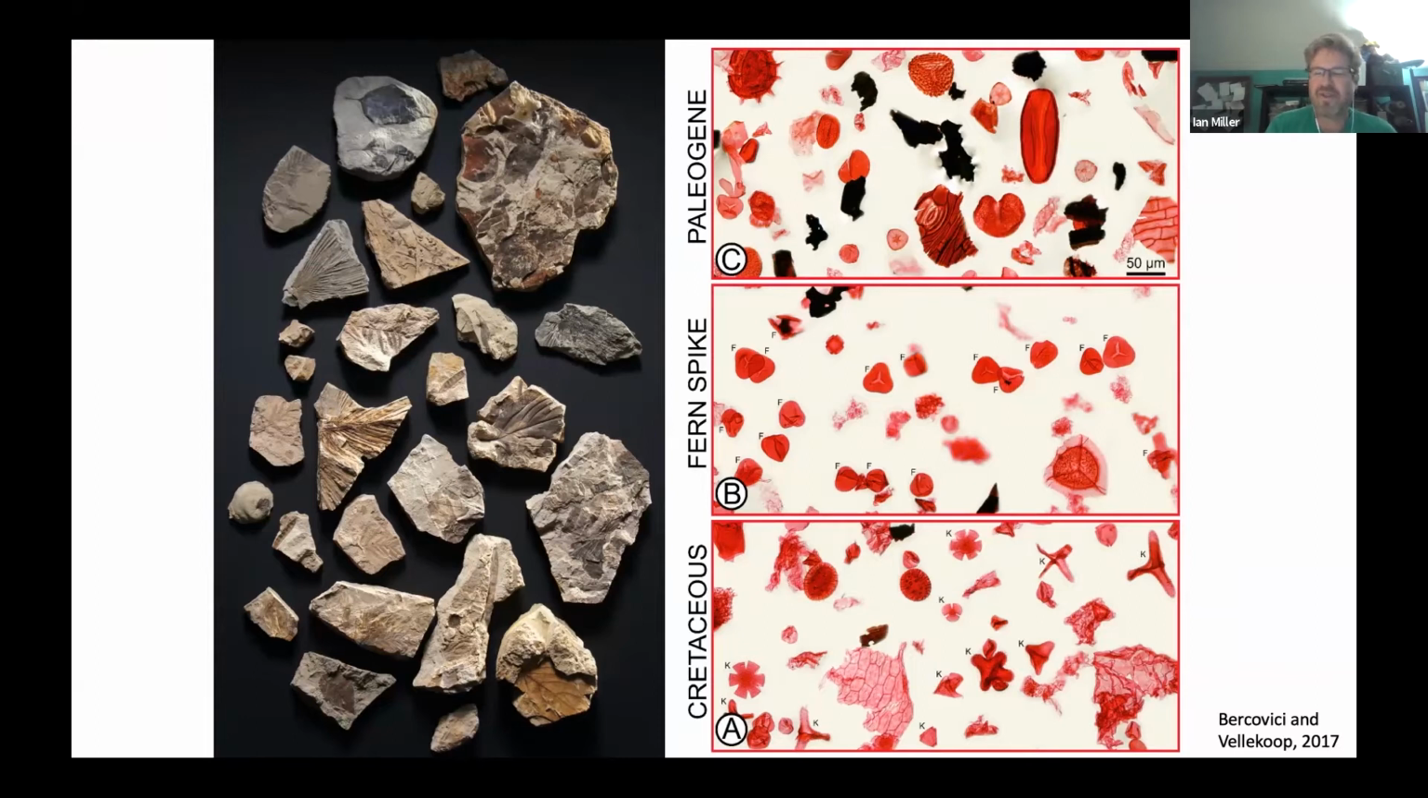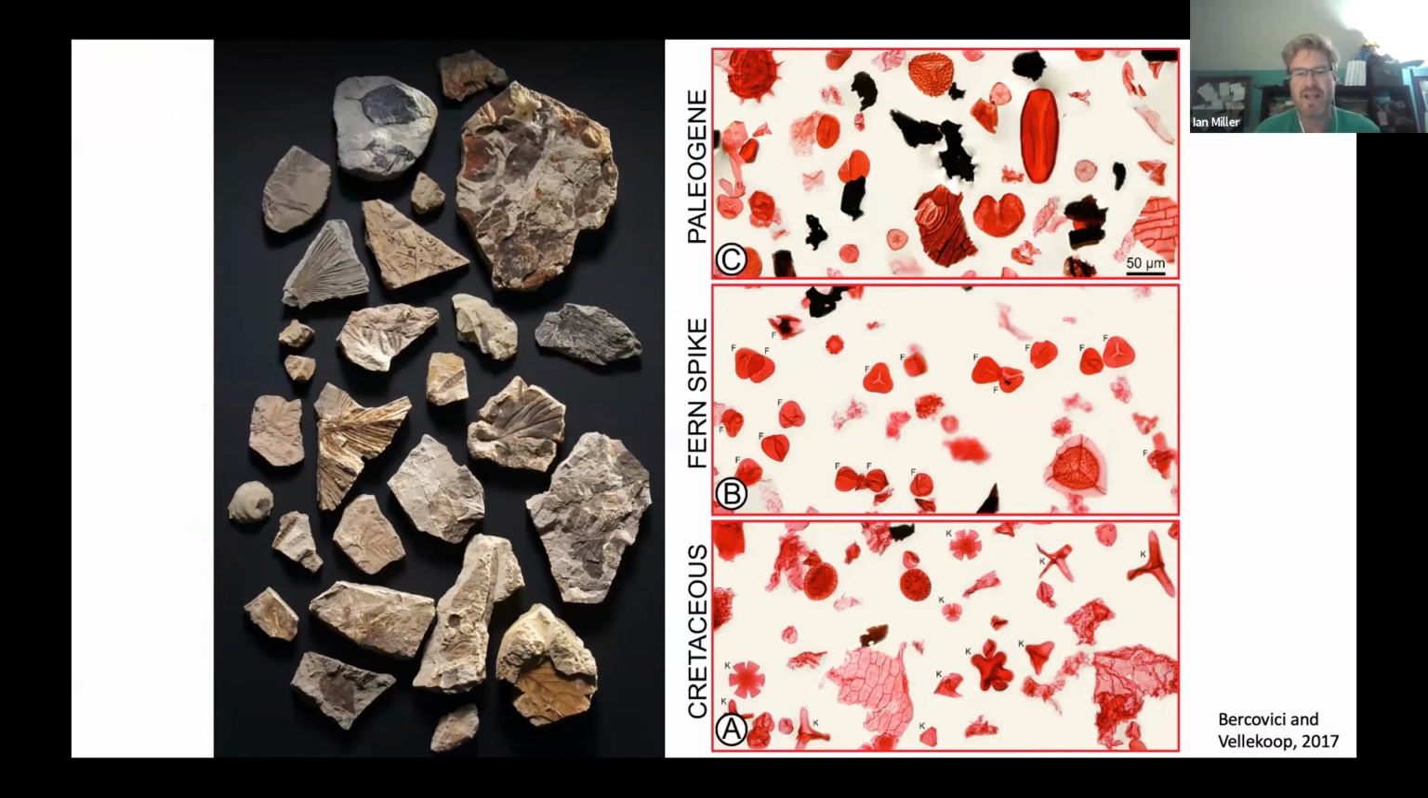And on the left, you can see a bunch of impressions of fossil leaves. Some of the sort of fishtail looking ones are palm fronds. But those leaves give us a really interesting window into the forests that grew there. So we can see the forest through their leaves, but another way we can see the forest is through the